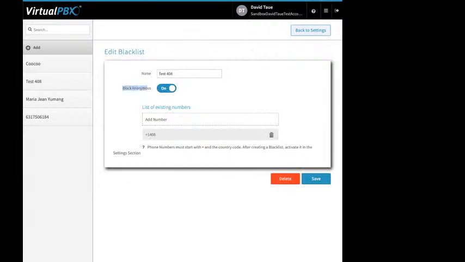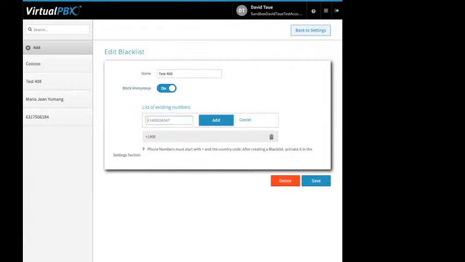Then you have the first option here, Block Anonymous. That means if we don't get valid inbound caller ID, and you turn this on, that means we're blocking the call, right? So basically you're saying, hey, if you want to call me, you have to give me your actual caller ID. Then down here, you put in +1 area code and phone number. Right, so you need the complete caller ID, then you would click Add, and then you can keep adding additional phone numbers until you're done. Once you're done, you click on Save,